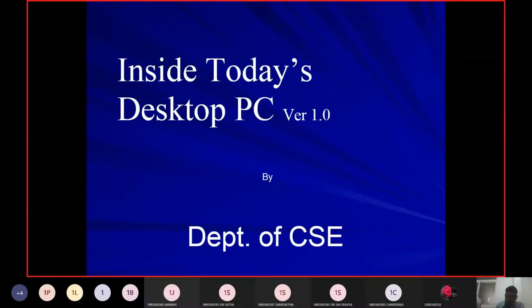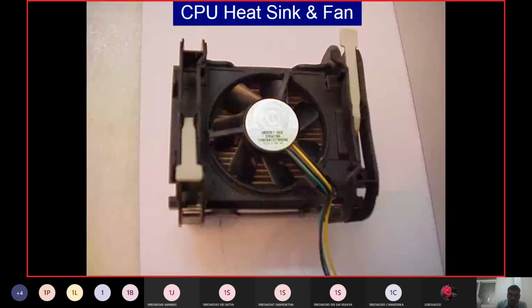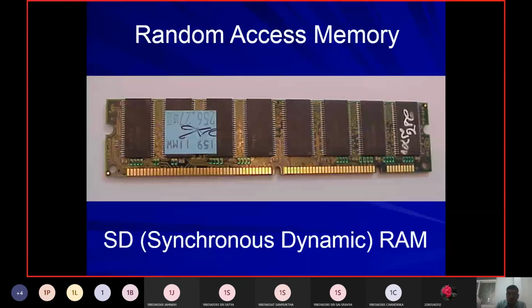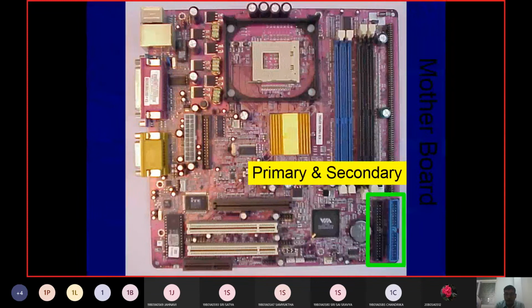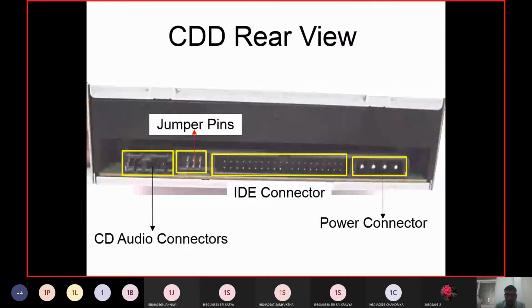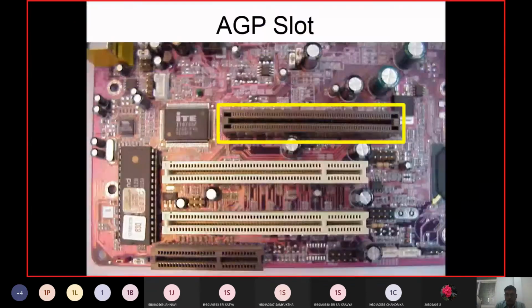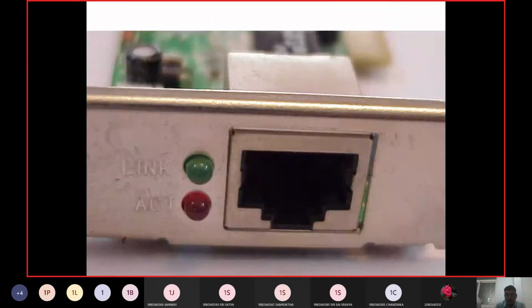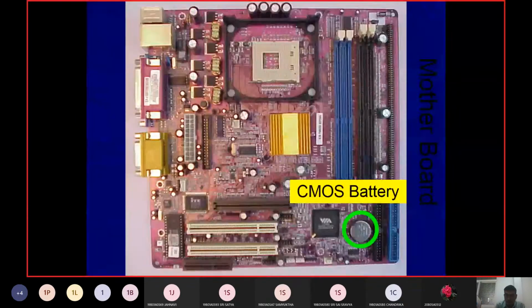So last class we were talking about the computer components and other items. We have discussed the different components like the chip, random access memory, motherboard, secondary memory, hard disk, CD drive, reader, etc. Then we were talking about two most important items. One item we call the north bridge, another item we call the south bridge.